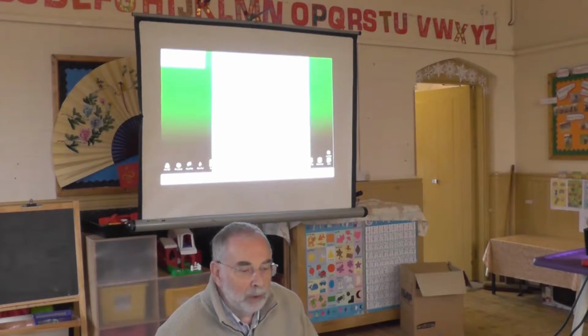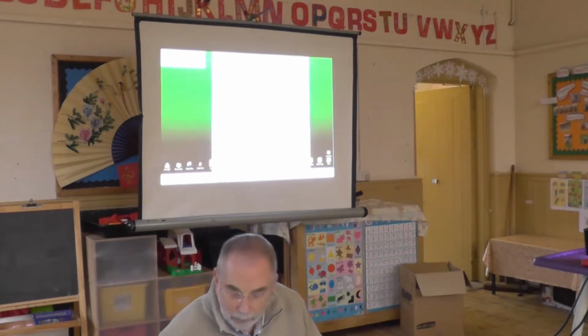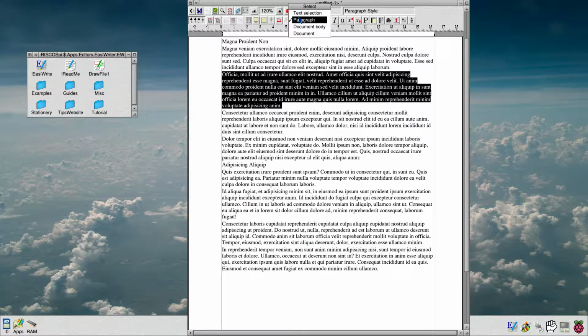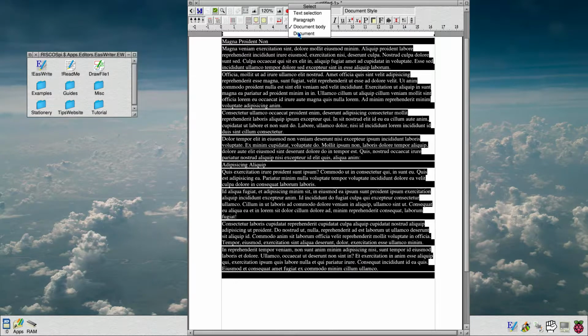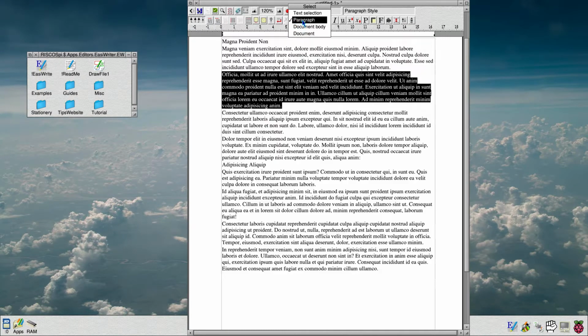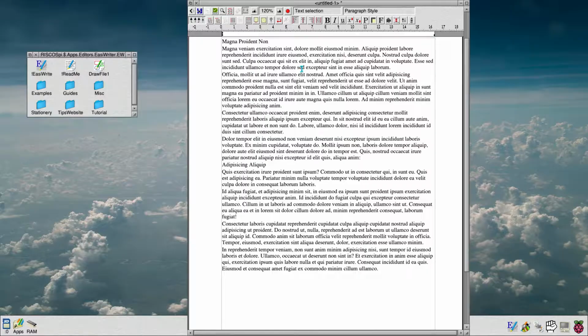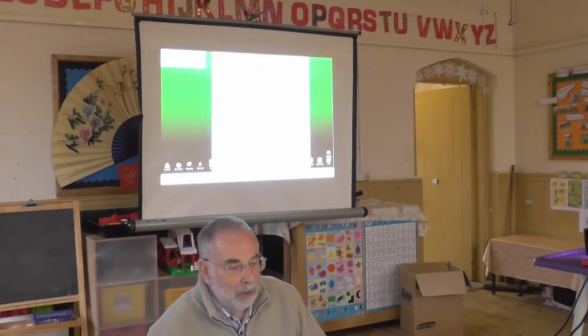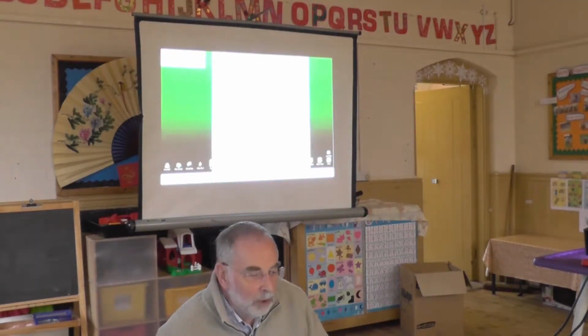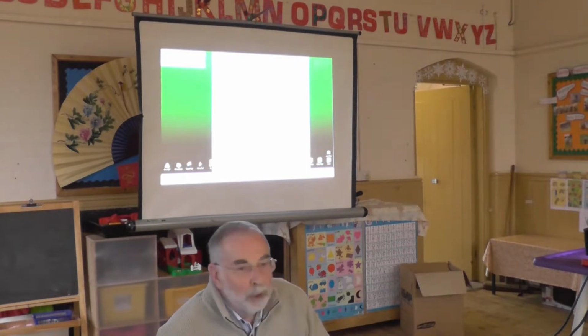You can also click menu on that icon, and you can select what you want to select within the document. What I'm going to do first of all is to apply a chapter structure,